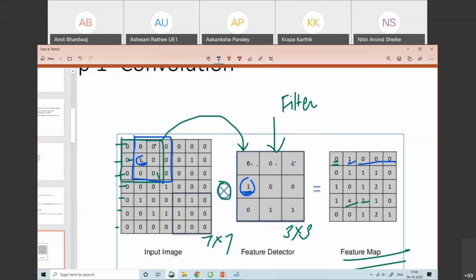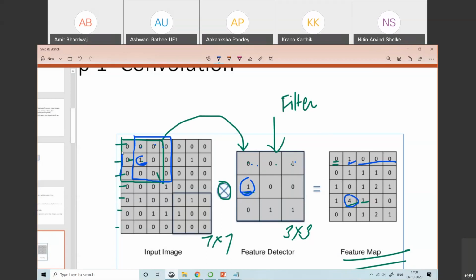Now I will take the example of 4. How does this 4 come over here? We first need to analyze which block it is exactly. Let me analyze this.